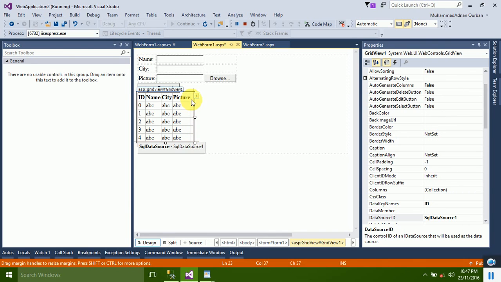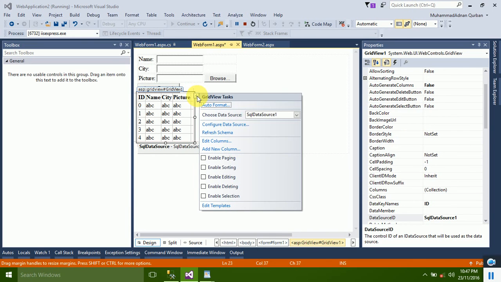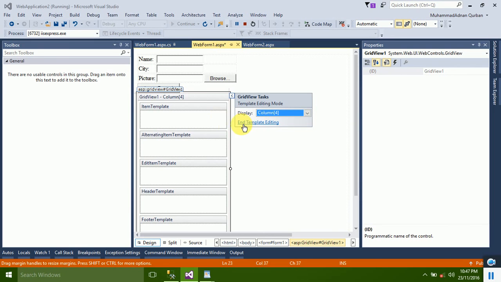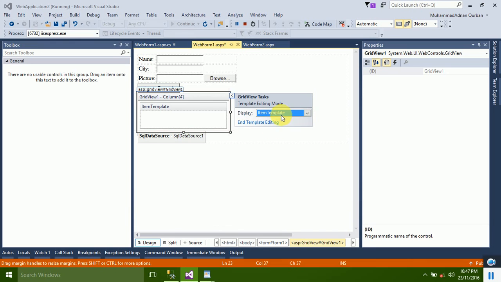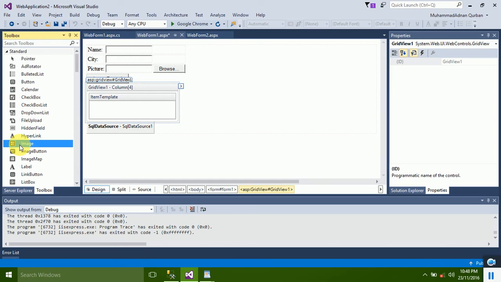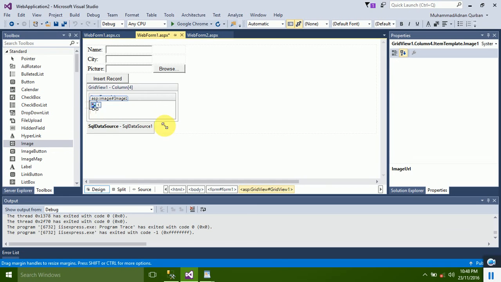Now we have to edit the template. In order to do that, click on this arrow, and from here click on edit template, and since we are talking about the item template of column 4, select item template. Here we will use an image control to display our image. So go to toolbox, select this image control and drag it here. You can resize it